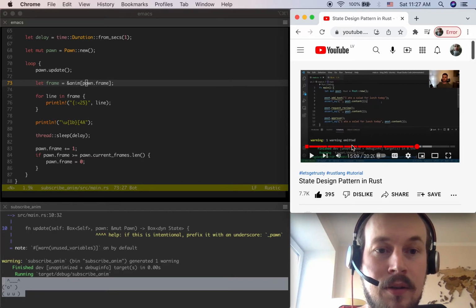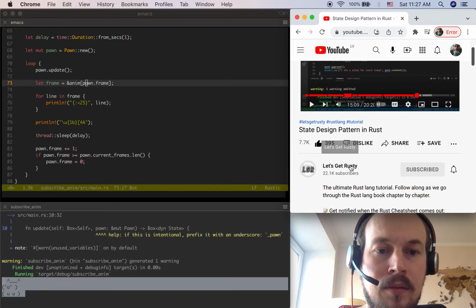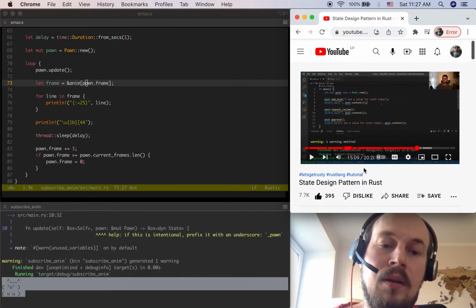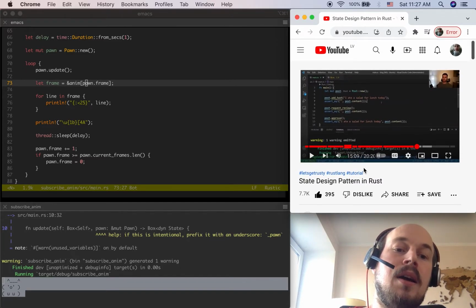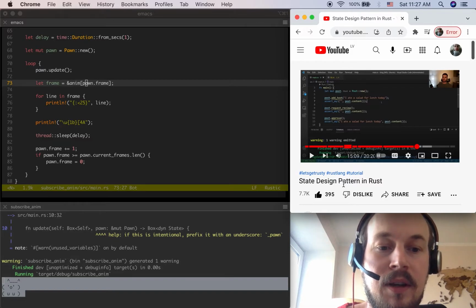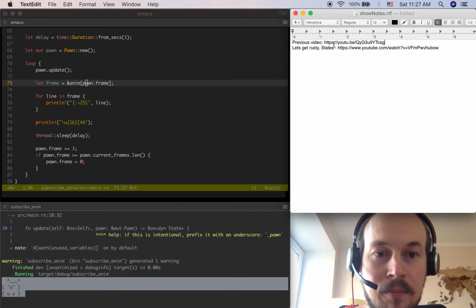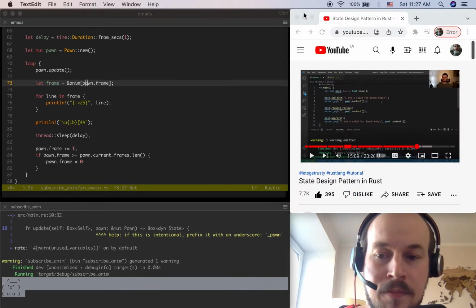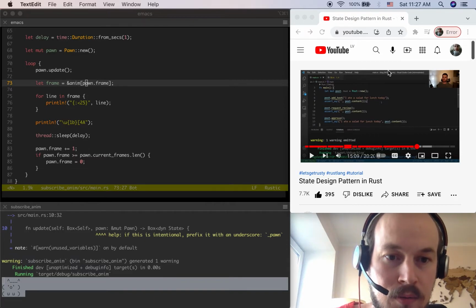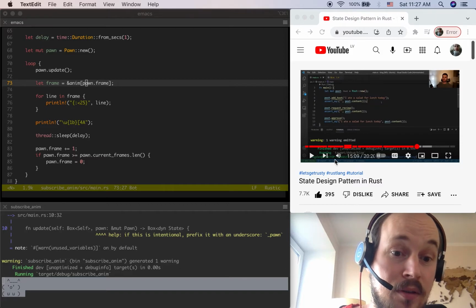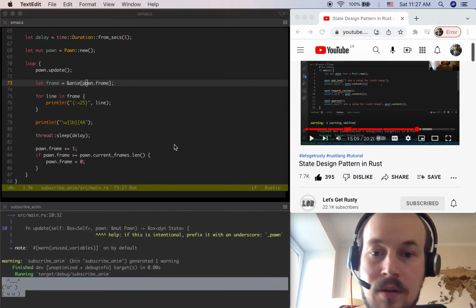mainly because I pretty much rewrote what Mr. Bogdan from Let's Get Rusty channel had in his tutorial about state design pattern in Rust. I will add this as a reference in the description. So what I copy pasted pretty much is